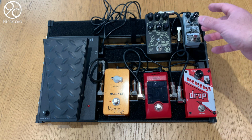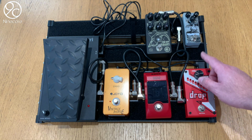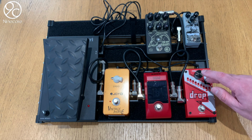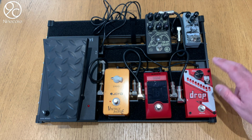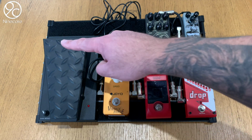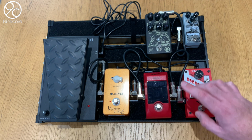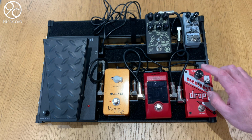So I have a smaller pedal board which would have just delay and reverb on, and maybe also a noise gate before the delay and reverb, and that would sit on top of my amp. And what I would do is I'd have my EVH foot switch probably set over there on the left, and I'd just turn the effects loop on and off. I'd leave the delay and the reverb on, I'd hit the effects loop and they just come in,